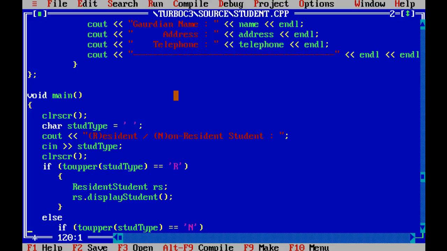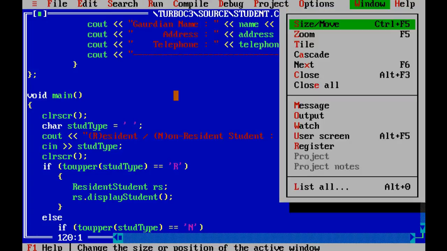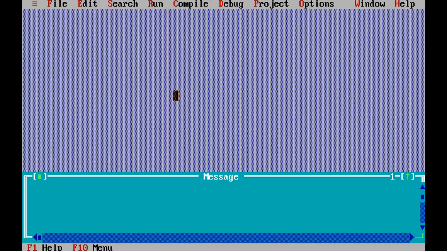Okay, so let's save this, let's close this, and let's